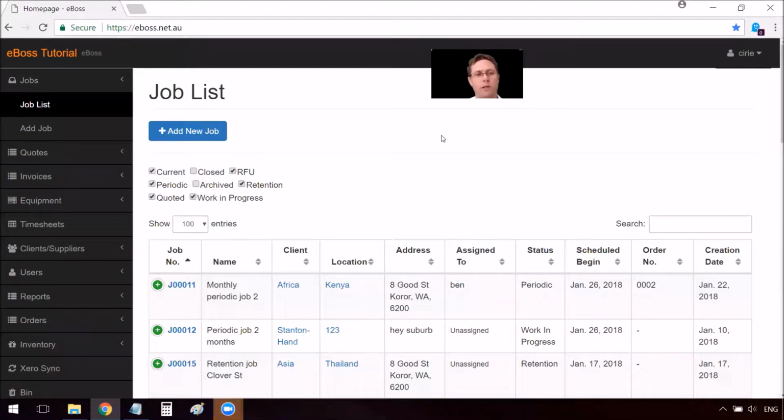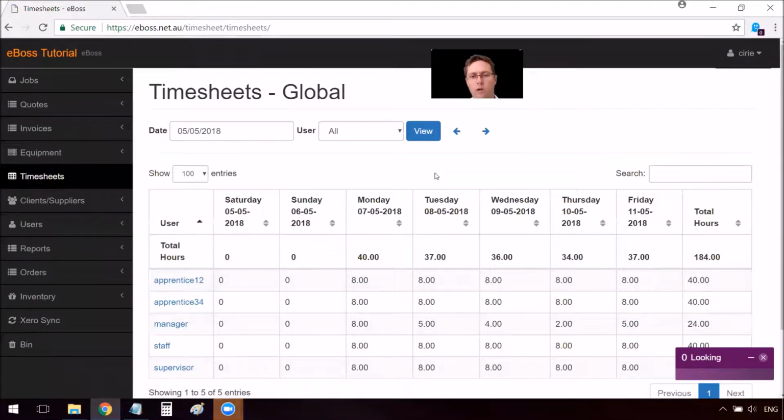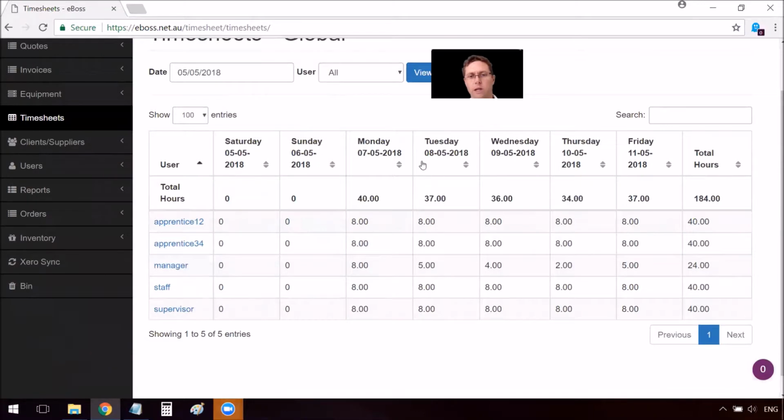In this turbocharged tutorial, I'm going to run through the timesheets feature. So when staff add labour to jobs at the end of the week or any time, whoever's looking after the hours of staff and the like, providing they have the permission, given their job role in eBoss, they can see this timesheets table. So we can see the days of the week here, we can see the hours of each